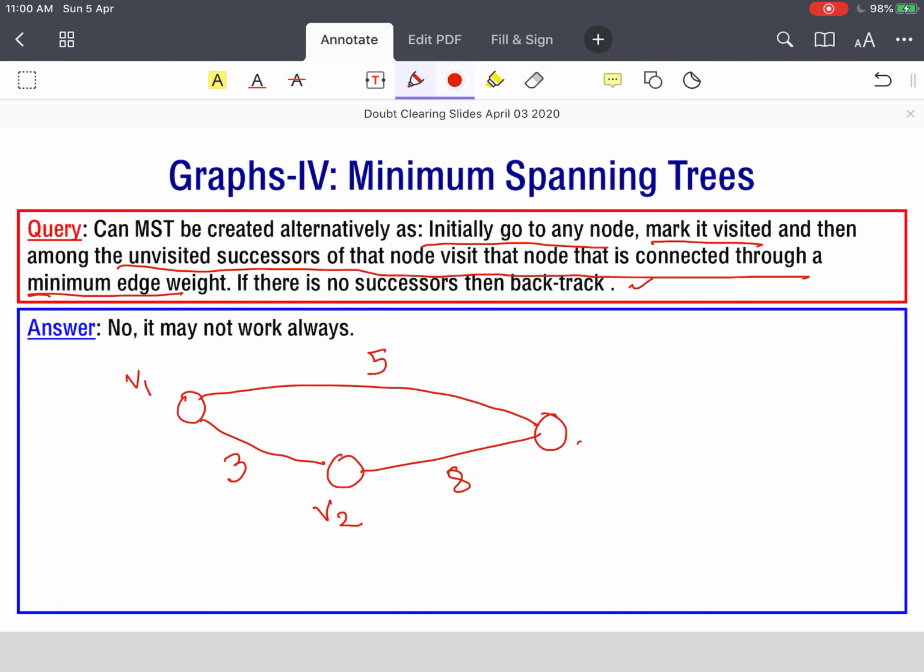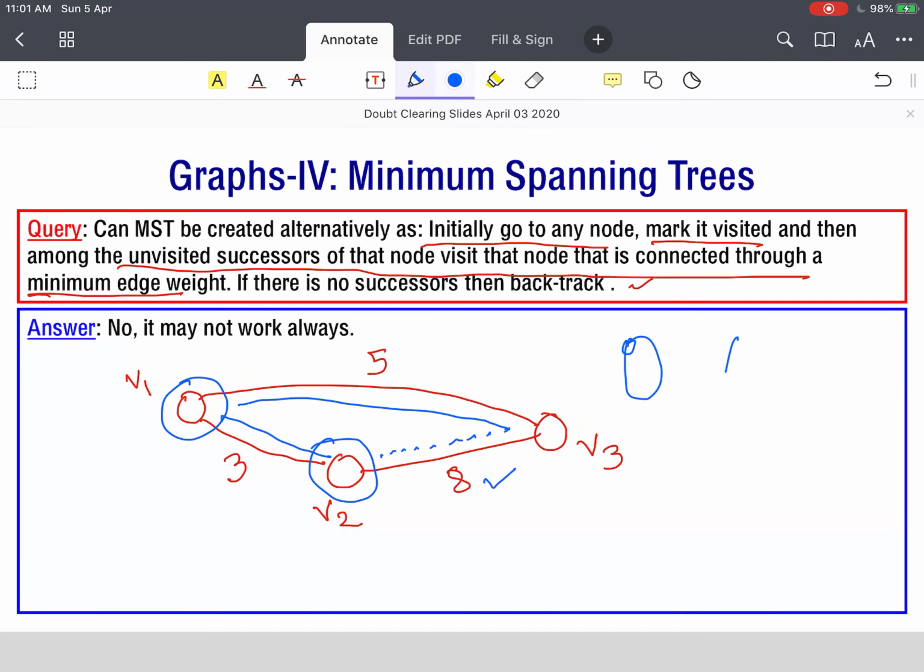So this is V1, this is V2, this is V3. So how would we have proceeded with the algorithm? We would have done V1 by the algorithm proposed. From there we would have gone to V2, and from there we would have gone to V3 by this edge. But if we chose this edge, then this does not give me a minimum spanning tree, because this would give me a spanning tree covering these 3 nodes of cost 11. So we would rather have to choose this edge,